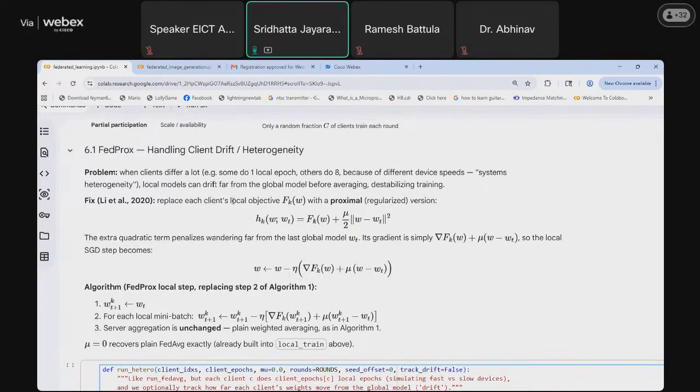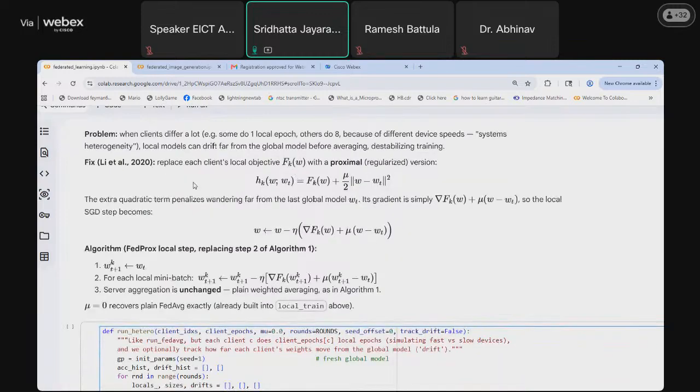The solution is introduced along with the objective: they introduce another regularizer with the hyperparameter mu, and the weights are regularized using w minus wt, squared.